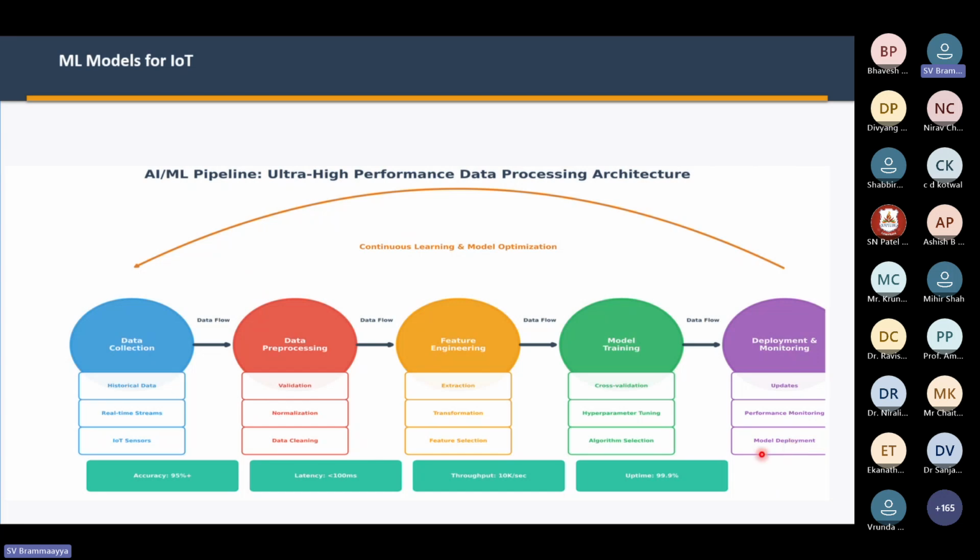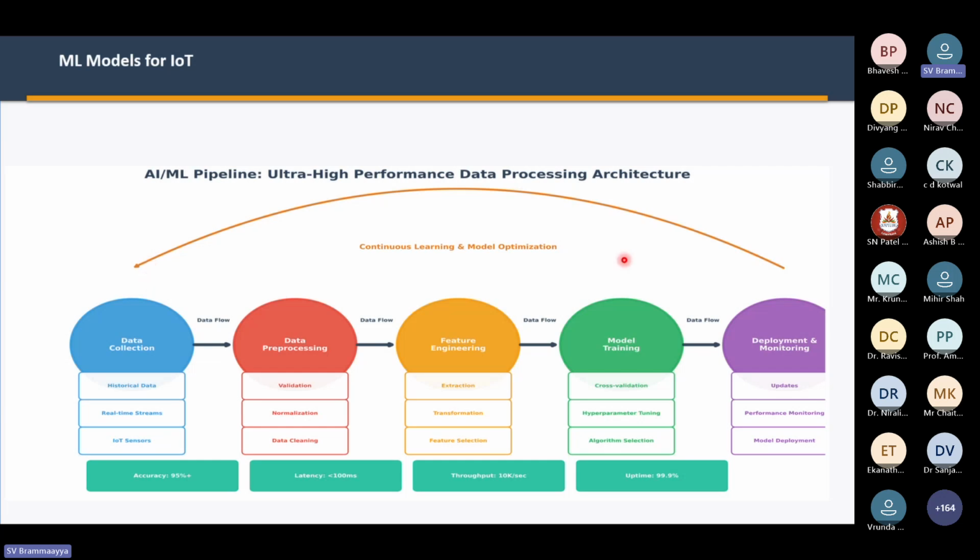So performance monitoring detects drift or degradation, and updates keep the models current based on usage. The monitoring ensures that the model remains accurate under all real world conditions. So deployment is not the end; it is actually the beginning of real learning. That's the reason you can see the curve, which again starts after the top